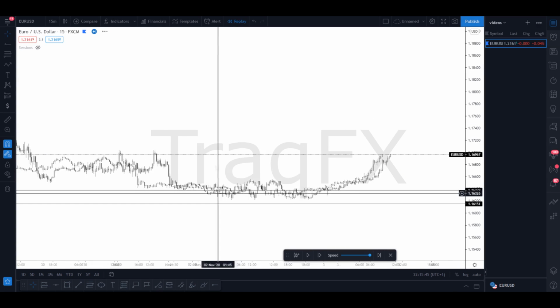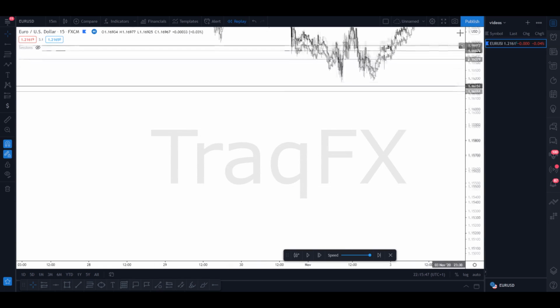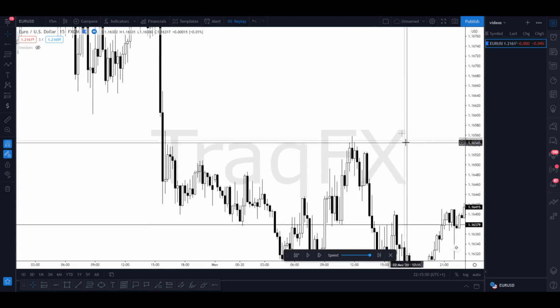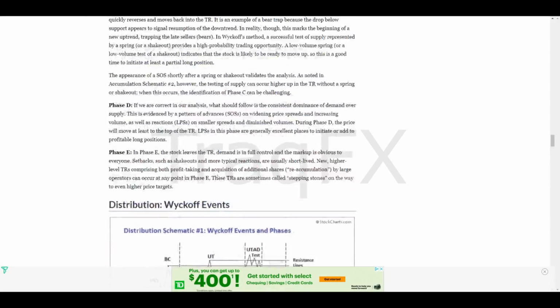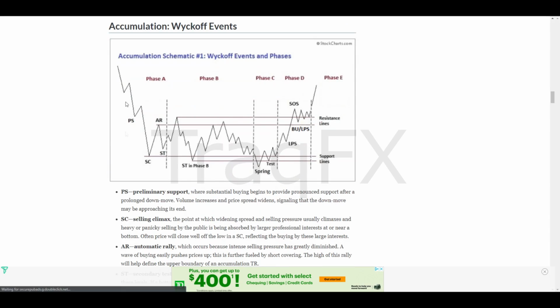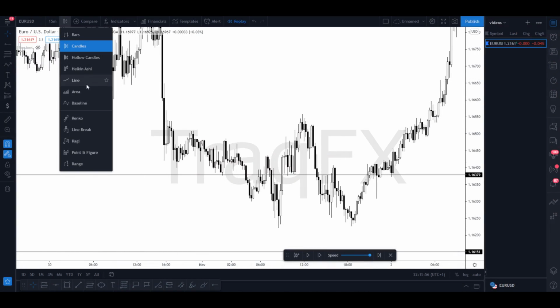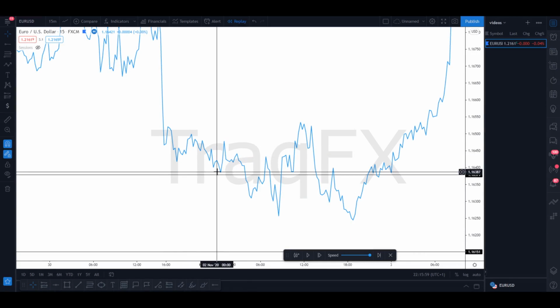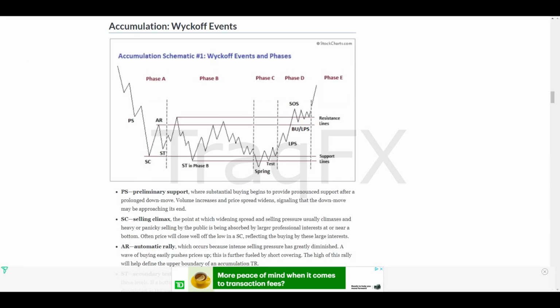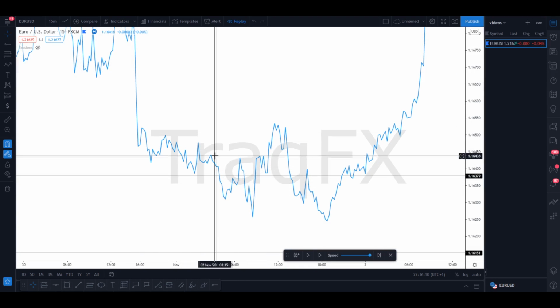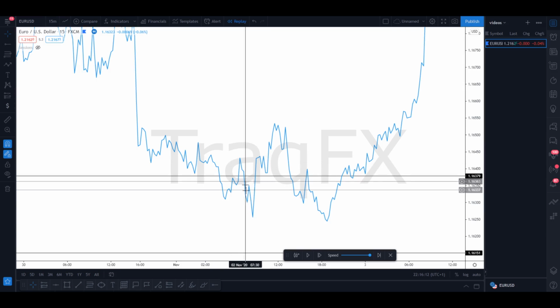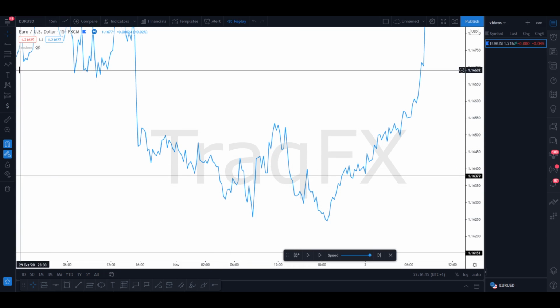Let me see. Okay, I could. Perfect. So right over here, let's see if we can see any Wyckoff. Let's go to the accumulation schematic. So accumulation, we're looking for a PS. Let's look for that PS. Go to the line chart. All right, so technically speaking, the PS is supposed to be that last retracement up before that move down that's followed by that impulsive buyers action. So this is technically our last impulsive move down, and then followed by a bunch of selling pressure or buying pressure. So I would technically say that this is my PS,